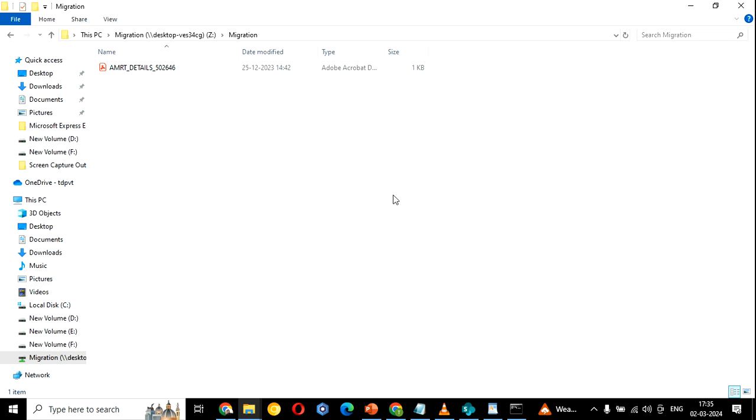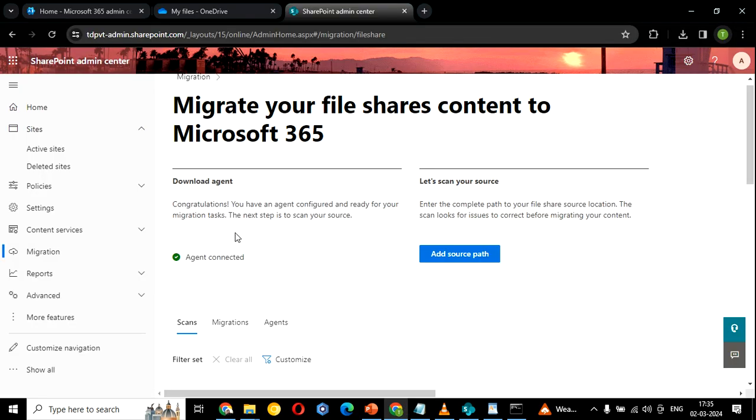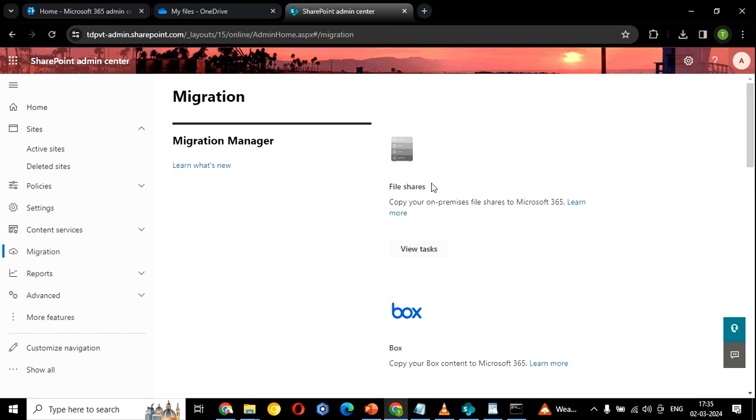Now, the first step, once we have the network file share, is the source path that we are going to migrate. Now, on the next screen we have to move to the SharePoint Admin Center, and once you go there, on the left-hand side, you would have an option, migration. If you go to migration, the first option you will see is file shares. That is for migrating from a file server or a network file share server to SharePoint Online or